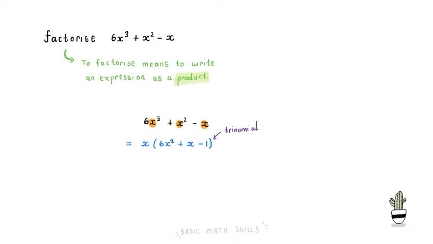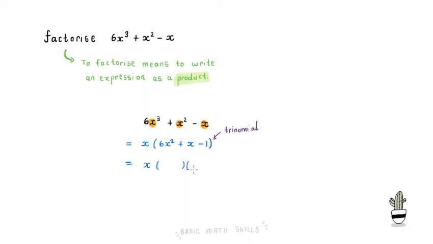Now that we've identified that what's inside the bracket is a trinomial, we can apply the second factorizing technique, which we practice quite a lot: how to factorize a trinomial. One way to do that is to put the trinomial into two brackets. If we can't do that, then we also have our quadratic formula to use to factorize our trinomial. But in this case, we can factorize this specific trinomial into two brackets quite easily. So if we go to the next step, we still have our x,